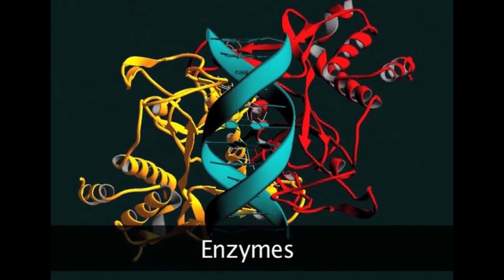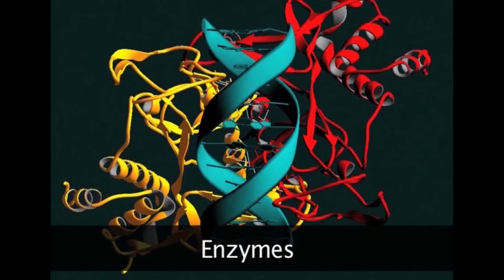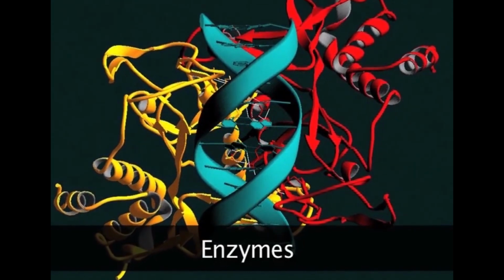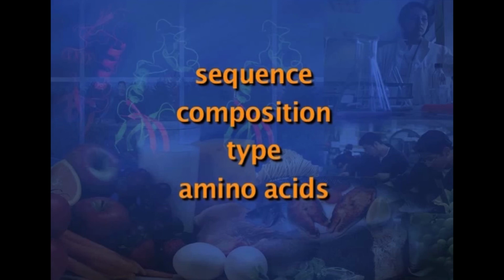Enzymes, which are also proteins, have binding pockets that favor binding of substrates. Enzymes, as we know, are important for metabolic functions and for driving metabolic pathways. Amino acids are grouped according to their chemical nature and are basically the building blocks of proteins. This chemical nature, that is the sequence, composition, type and number of amino acids that make up a protein, determines the physical and chemical properties and the alignment within a protein,